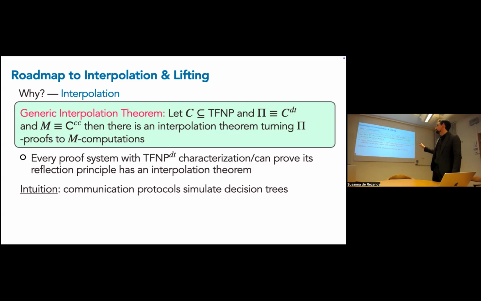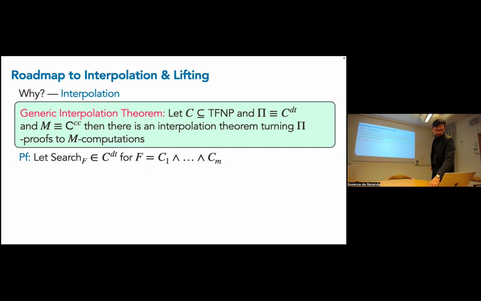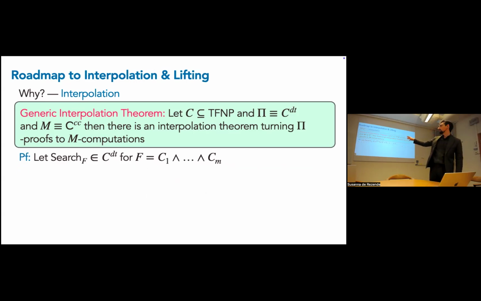Okay, and the intuition behind this is extremely simple. Basically, communication protocols can simulate decision trees. That's all you have to do. So I'll prove it to you now. Okay, so the proof is simple. Let's consider the false clause search problem in this class, some TFNP problem in the black box version of this class, for the CNF formula being this. So we have M clauses,